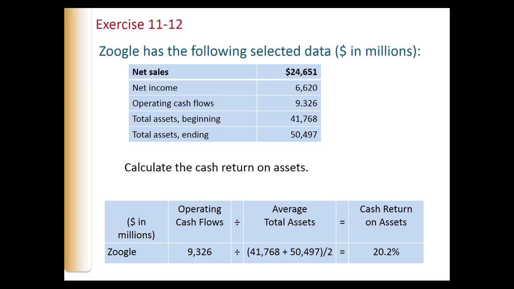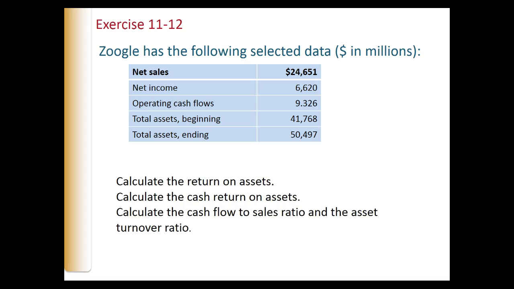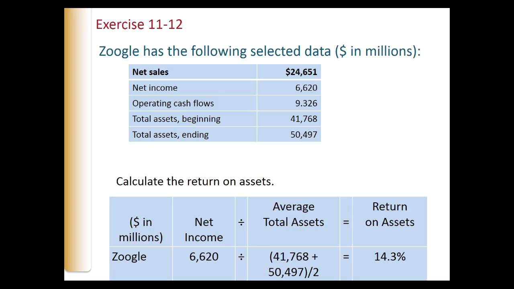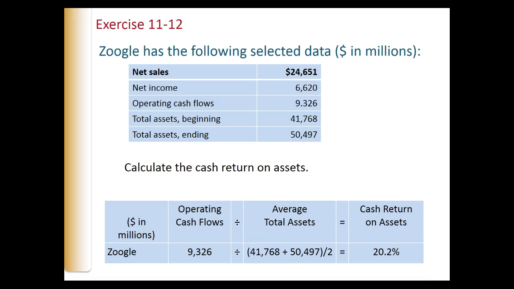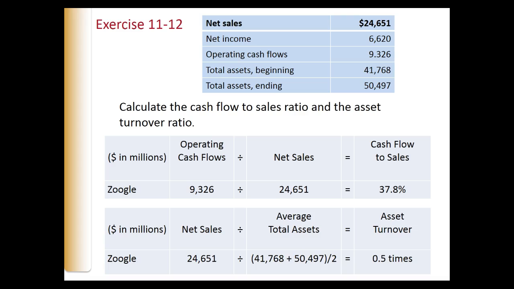Now, to calculate the cash return on assets, we take the operating cash flows of $93.26 and we divide those by the average assets to give us 20.2%. Then, to calculate the cash flow to sales ratio and the asset turnover ratio, we're going to take the